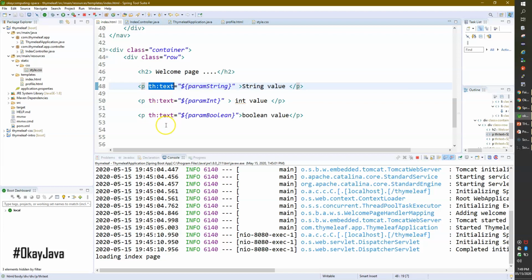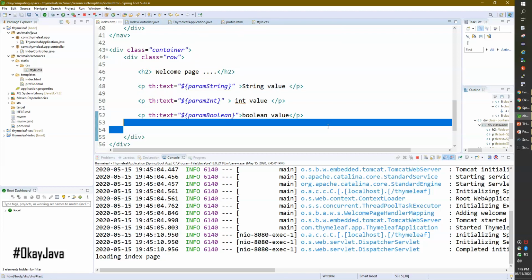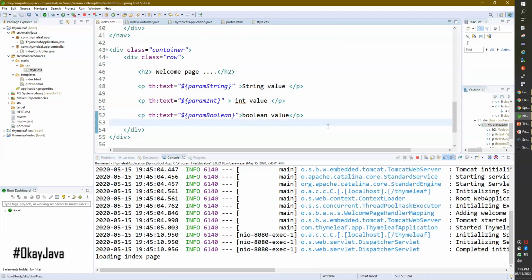Okay, so let me just go to this. Okay, let me just restart. I mean, I have to restart. It is not always required that you have to restart your IDE or your application. What you can always make use of is something called dev tools. We'll talk about dev tools later on, and that makes your life easier. As a developer, if you are using dev tools, then you don't have to restart your application again and again just to see the changes.